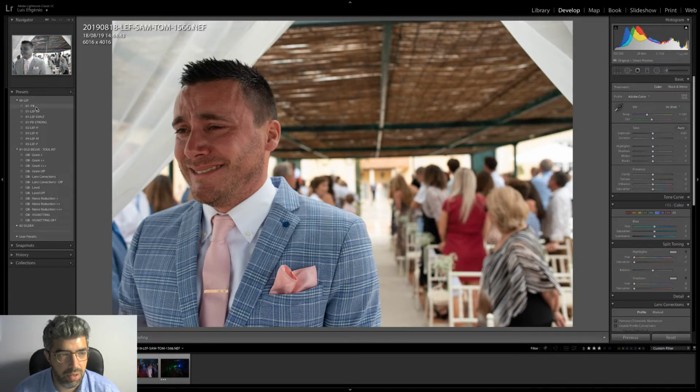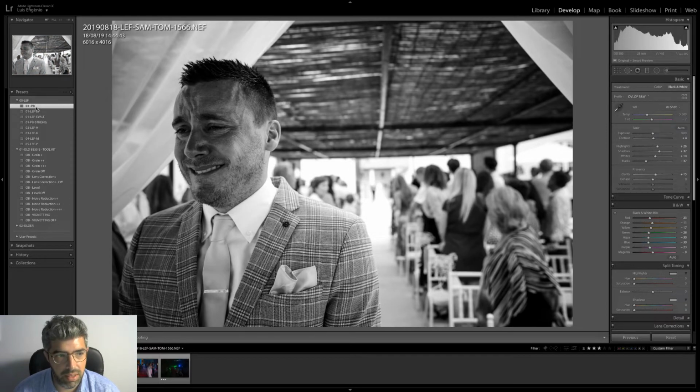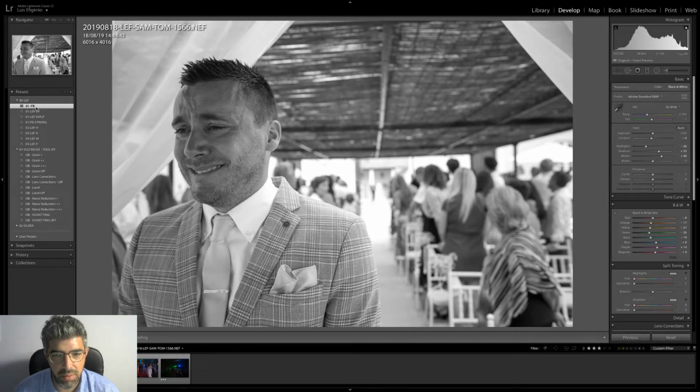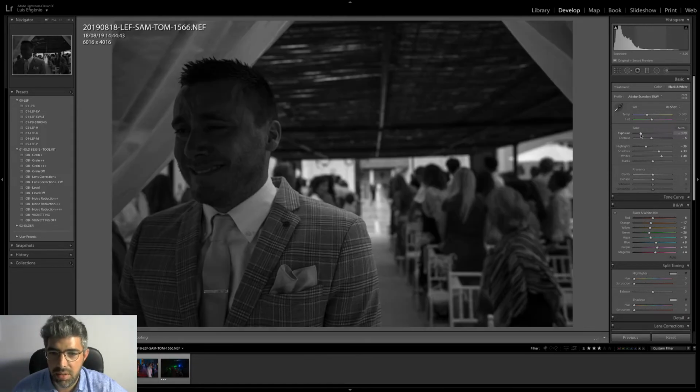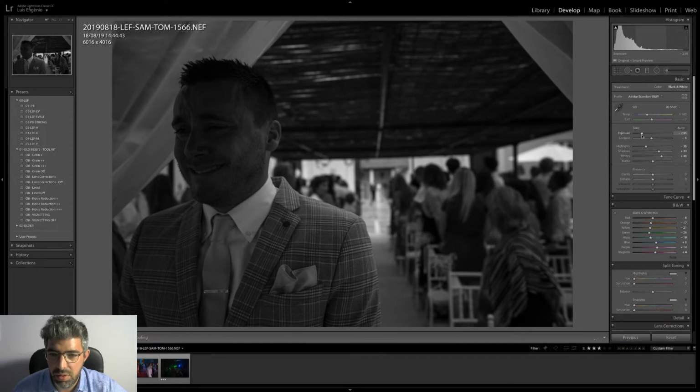The first thing I do is to choose a black and white preset. I also have a stronger one, so sometimes I'll test that, but for this one I'll start with the main one. As you can see, the image is very flat. First of all, I'm going to see what's in the file, so changing my exposure. For this photo, I would love to start on a little bit of a darker side,